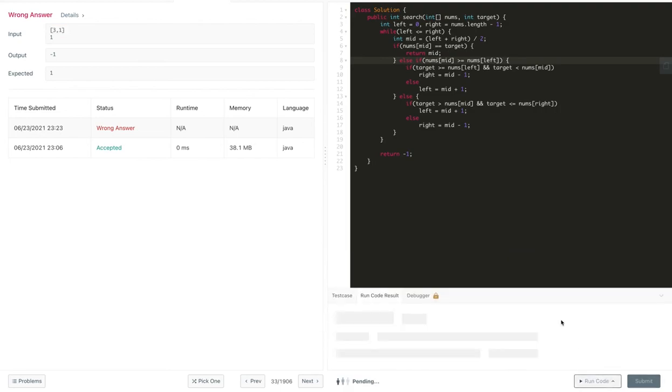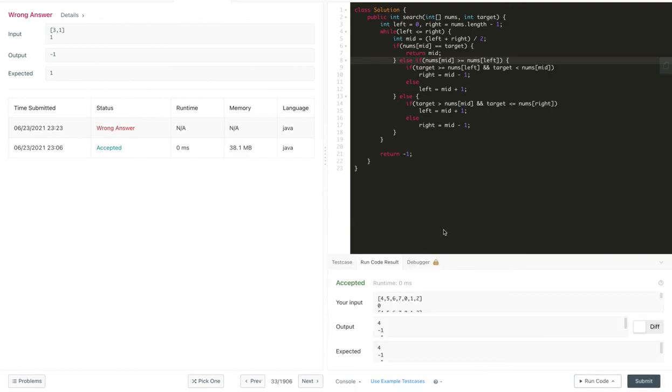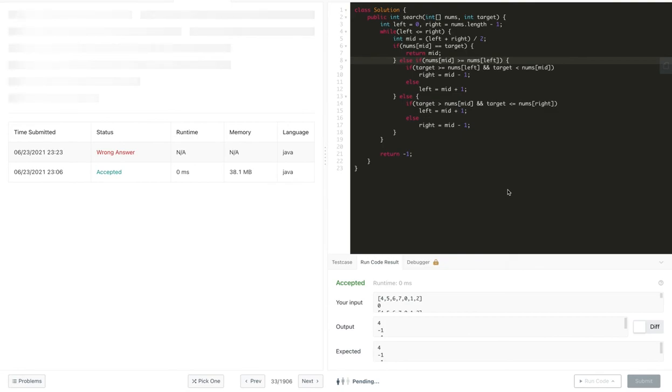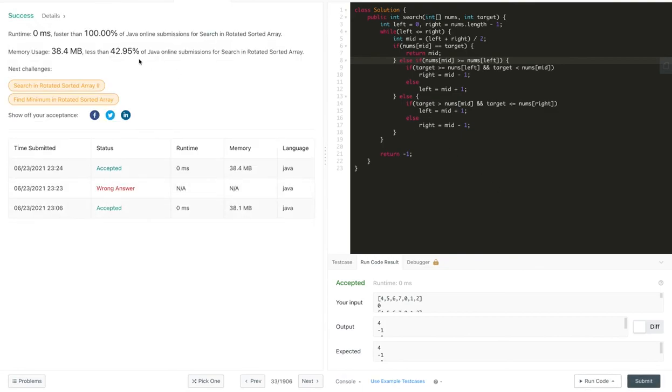So let us compile the code again and retest the test case which failed, and it looks passed. Now we can resubmit it. So it got accepted. The reason for this is that we didn't handle the equality condition. So that is a commonly missed case. You have to handle this as well, because the mid element can still be on the left boundary. So we need to keep it.